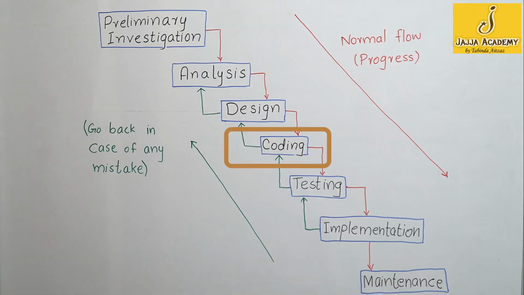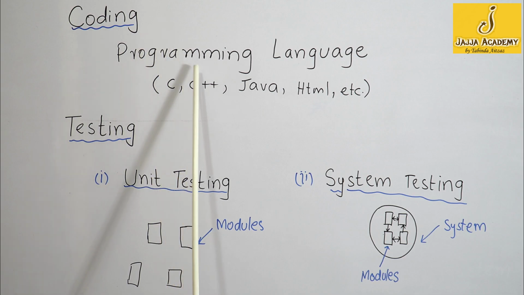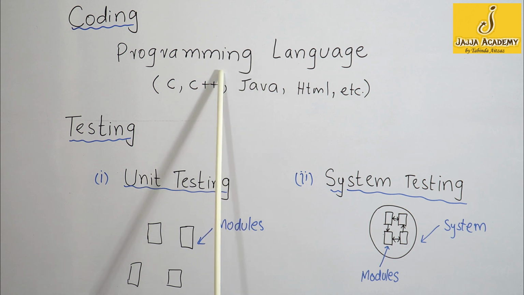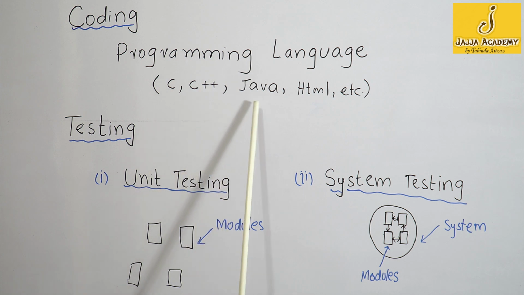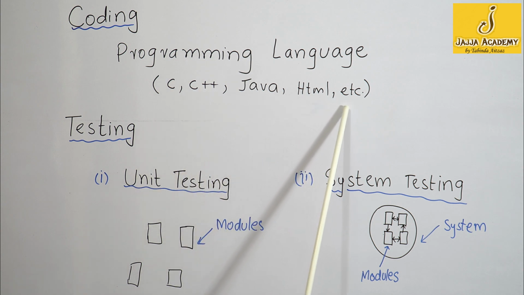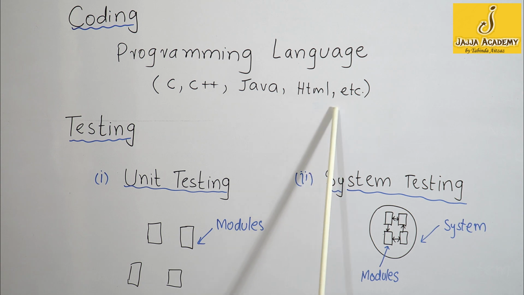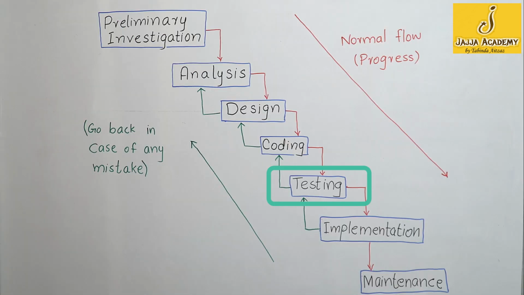The coding phase is the core area of software development process. In this phase, a programming language is selected to write the code for the proposed system. Programming language may be C, C++, Java, HTML, or any other language that is suitable for the proposed system to be written in. The design report is given to the coders or programmers, and they write code according to that document. The coding phase consumes a lot of financial budget and a lot of time. After coding, the proposed system is ready to be tested.